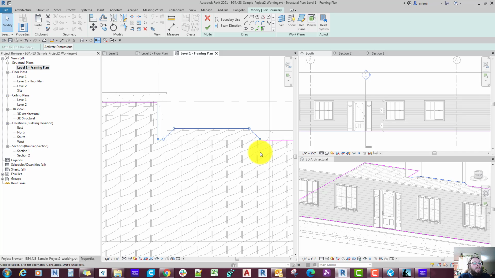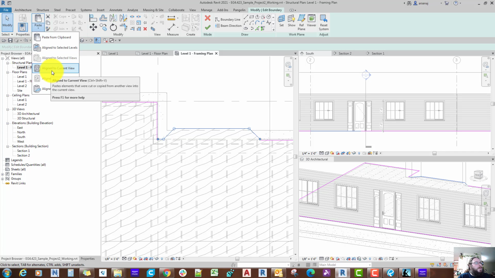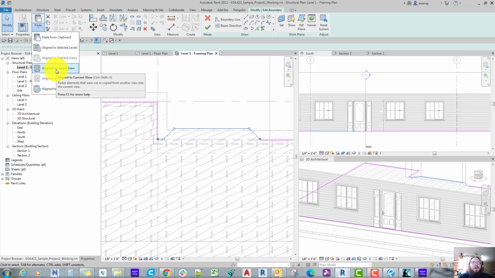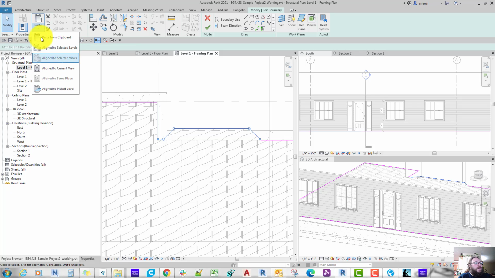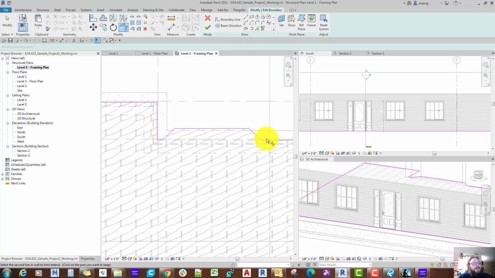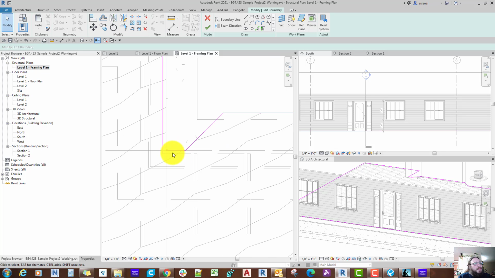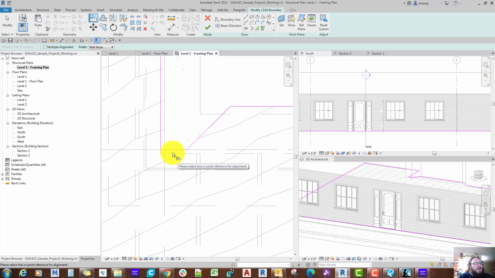Control-Shift-V will paste in the same place. Or actually, I think I changed that in my keyboard shortcut. So I think I have Control-Shift-V is aligned to current view. So if you've got something in a view that's aligned to another view, let's say we're on the second floor, it'll paste it into here in the same exact space so we can get these entities. This doesn't always work depending on what elements you're trying to place. And so there's a lot of different options here, but I use align to current view to get this in the exact same spot. All I have to do is trim up these, and then also I have to align